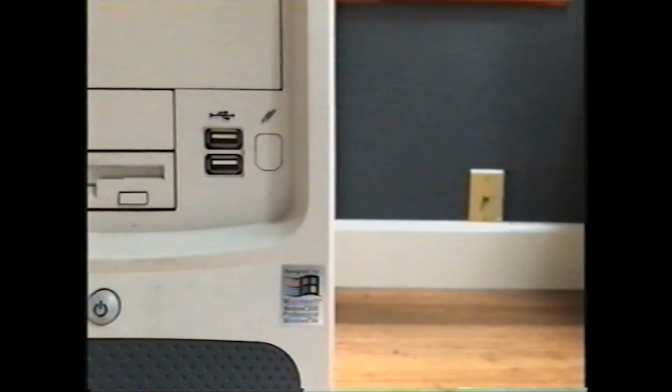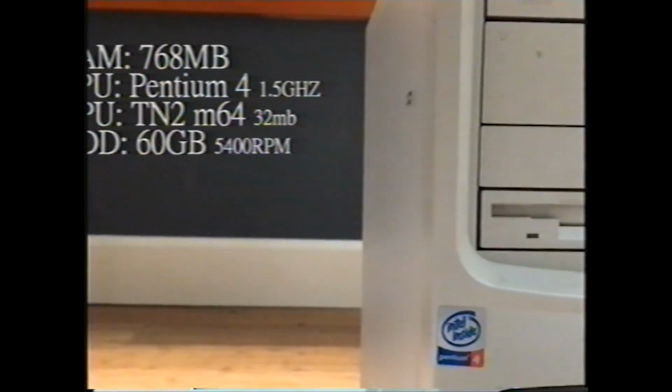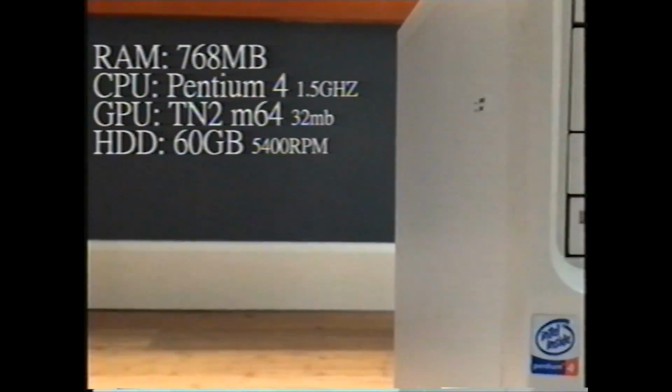Looks aside though, this was an enthusiast PC. In fact, it was one of the highest performing Pentium 4 computers of the year 2000. This Gateway isn't even the base model. In fact, it's had some significant upgrades. Under the thick metal shell of this computer lies a TN2 M64, 768 megabytes of RAM, a first-gen Pentium 4, and a 60GB hard drive. This was quite overkill for the time, and would have cost